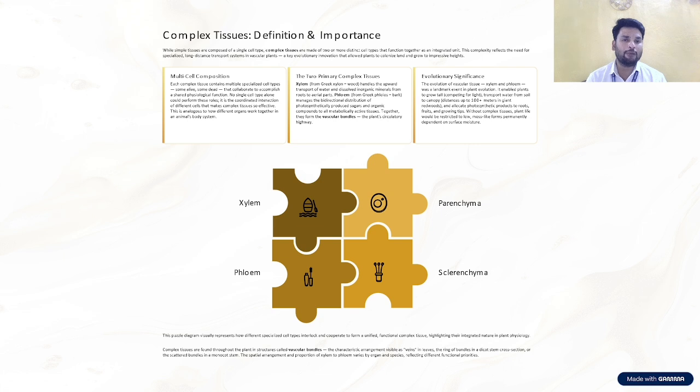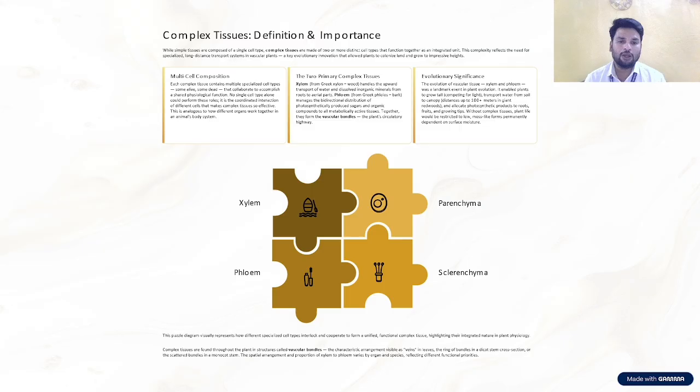The evolutionary significance of the complex tissues, which include the vascular tissues xylem and phloem, was a landmark event in plant evolution. It enables plants to grow tall and compete for light, to transport water from soil to the canopy, and to allocate the photosynthetic product to the roots, fruits, and growing tips. Without complex tissue, plant life would be restricted to low-mass forms and permanently dependent on surface